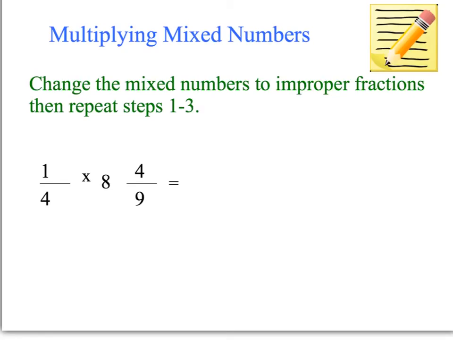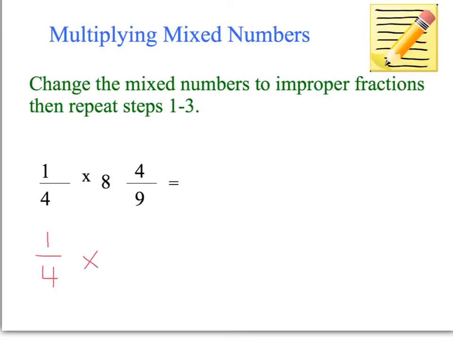We can also multiply mixed numbers. Now, what we do when we multiply mixed numbers, we actually just change the mixed number to an improper fraction, and then we just multiply. So there's usually just one step before the normal steps that I showed you at the beginning. So in this case, we've got 1/4 times 8 4/9. So we need to change that 8 4/9 into an improper fraction so that we can then multiply them together like normal. Okay, so we've got 1/4 times